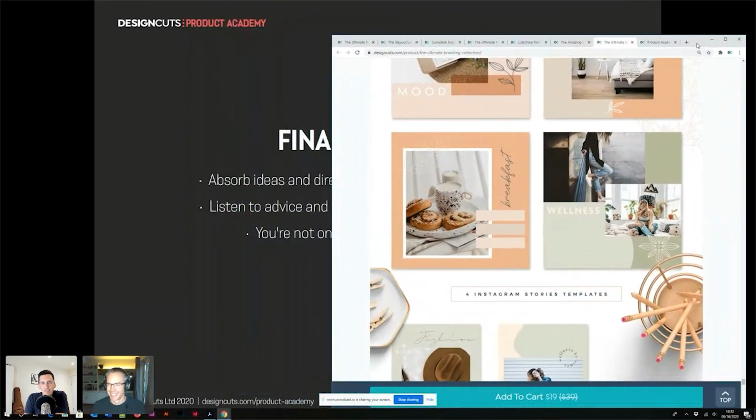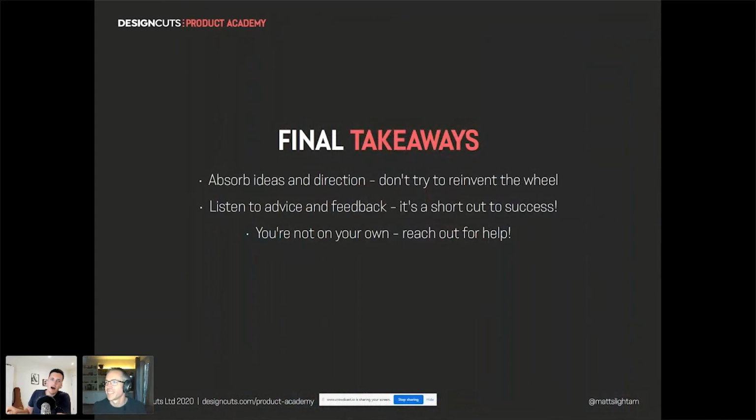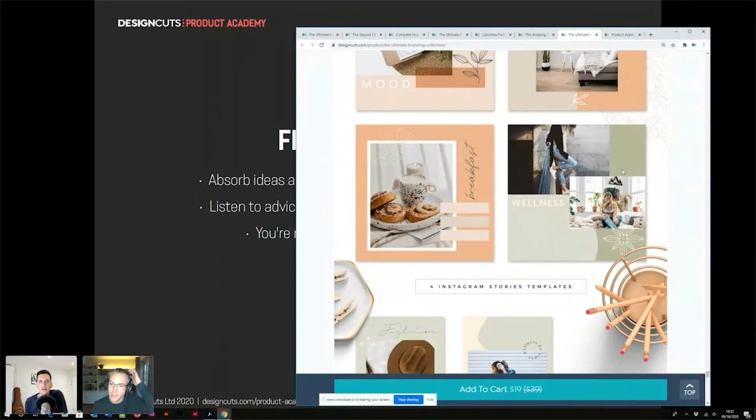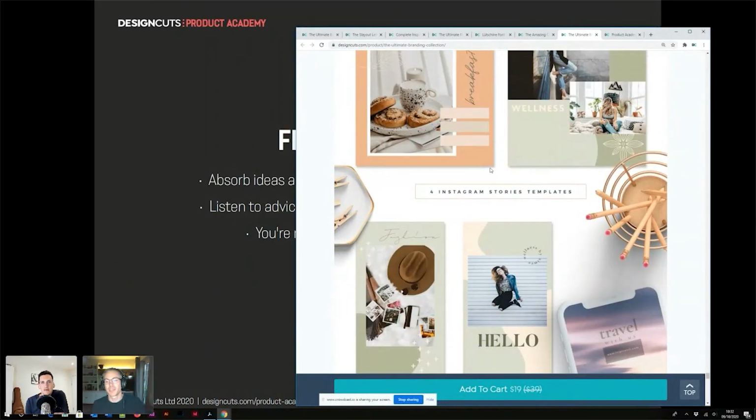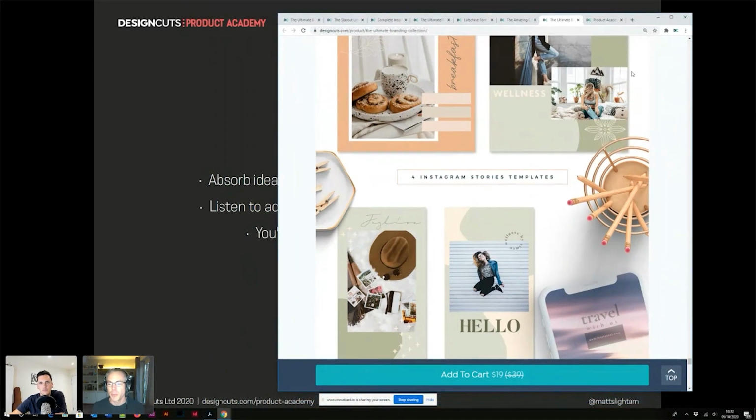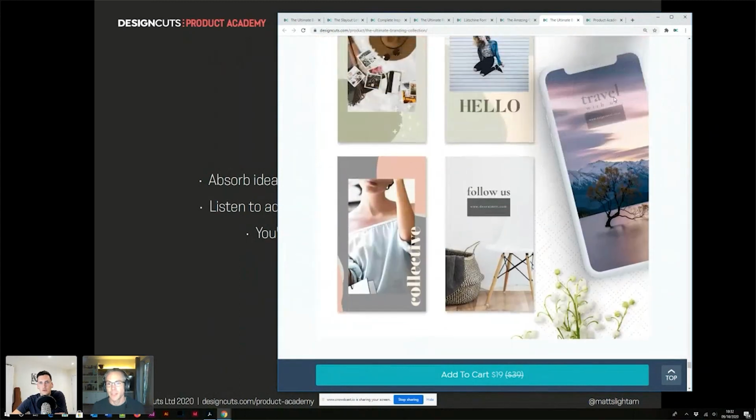Okay, the social media templates. There's loads of templates with it actually. That was all because bonuses are really important as well. So I was like, stick a load of bonuses in it. Get all the social media templates, all the business card templates, put it in there. This is a one-stop shop for branding at the end of the day, so you don't want to have to go to anything else.